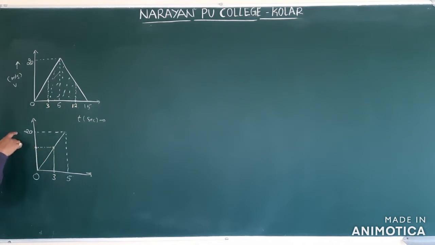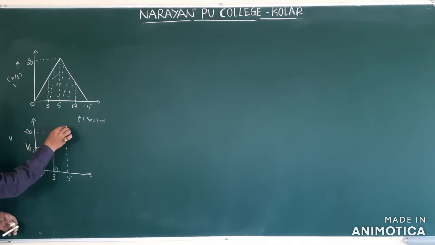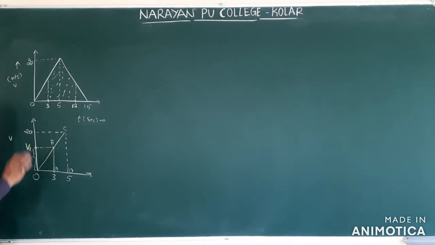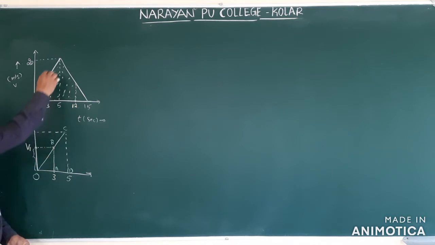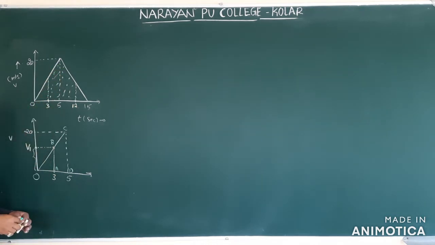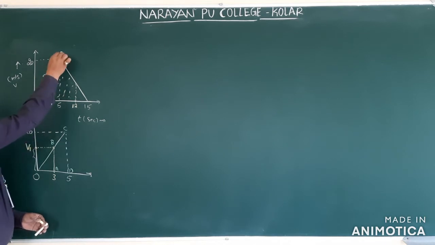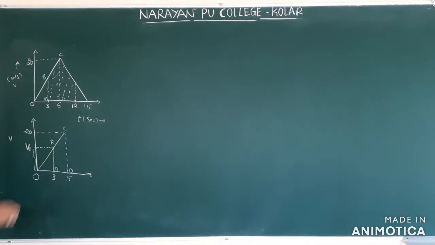What will this one give? This is which axis? Velocity axis. Therefore, let us assume this value as V1, because we should come to know O to A. So this is some length. You can take some points A, B, C, D. So A, B, C, D is a trapezium, because this is the area we should find. So here also this area.